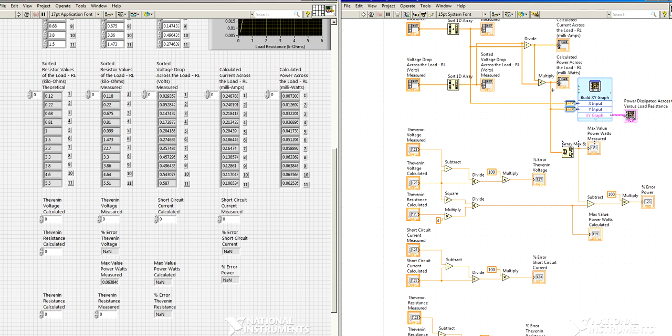So once again, we're taking the maximum power determined across every one of the load resistors, the maximum power dissipated across one particular load resistor, and subtracting it by the calculated maximum power dissipated per the